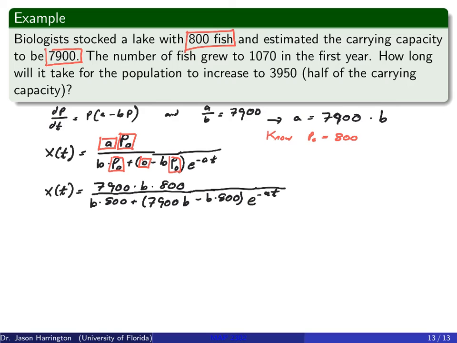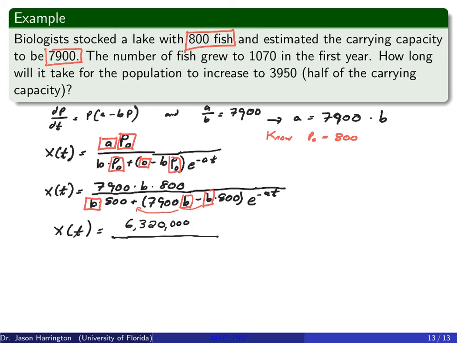Now I'm going to leave this as a, because believe me, there's a lot going on here. I just don't want to mess that up. So if I multiply all this stuff out nicely, in the first case, I'm just going to multiply this out. So if I multiply that out, I'm going to get 6,320,000. I'll put little commas in here so it's easier to see. Divided by, and I can factor out a b. So each little term here that has a b, I can factor this b out of that, and then I can factor b out of the whole denominator.